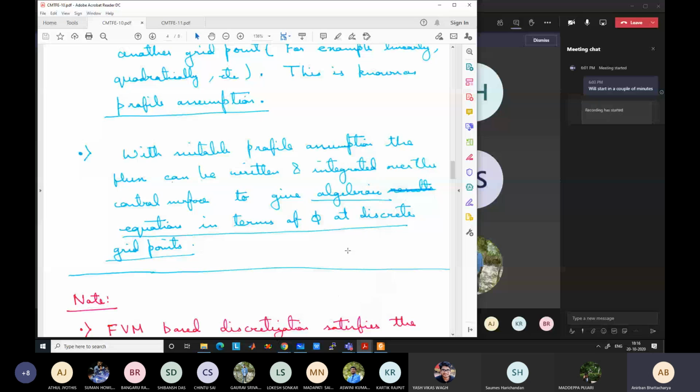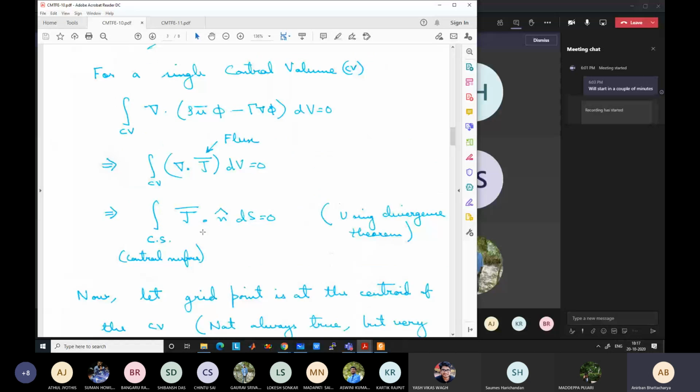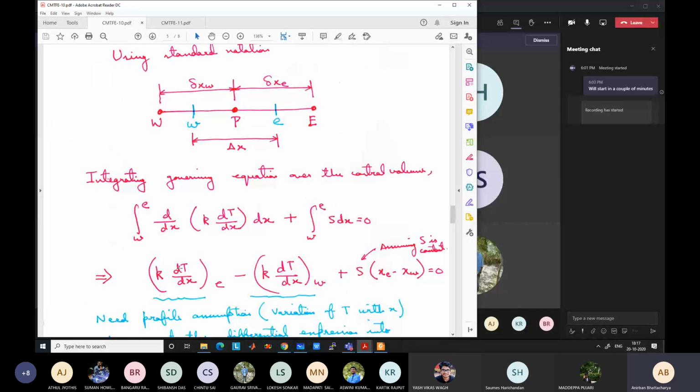Once we have converted this volume integral into a surface integral, then to proceed further, after converting to surface integral, we will have some terms which give us the flux over the interfaces. Because you remember what I said just now, you need to calculate the flux over all the faces. So we need the flux over each of the faces. And to find the flux at each of the faces,